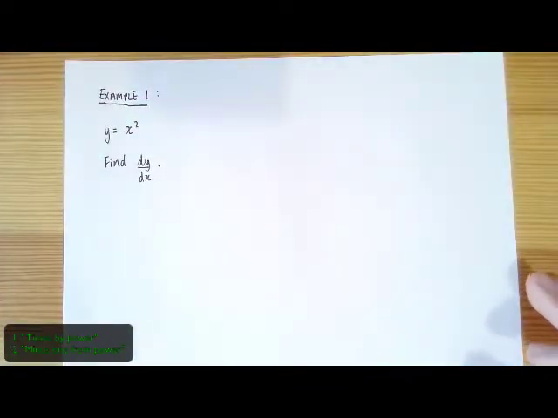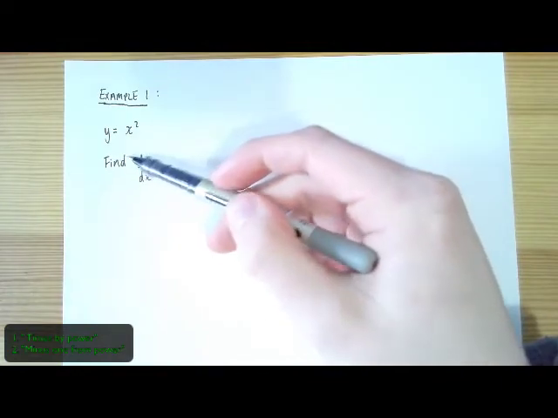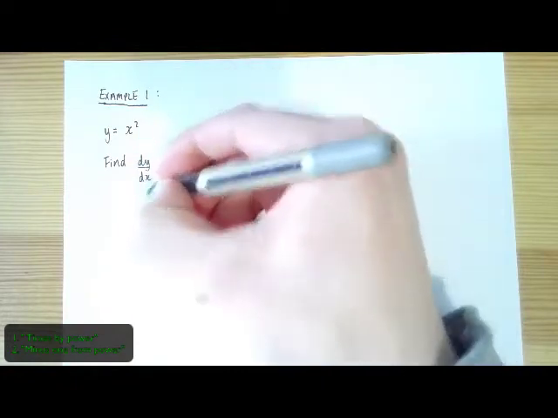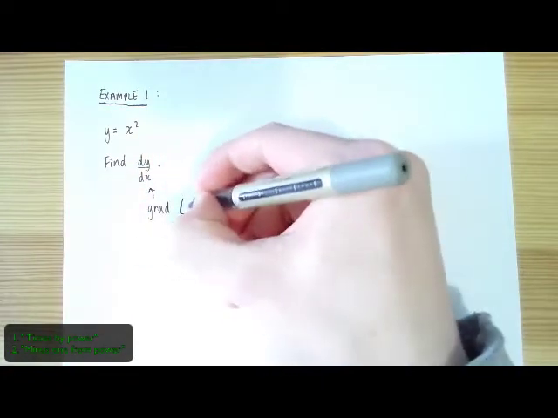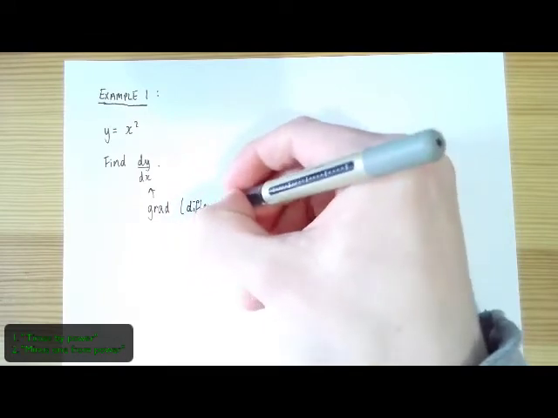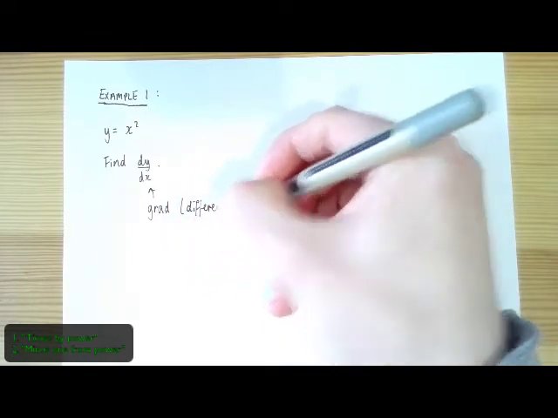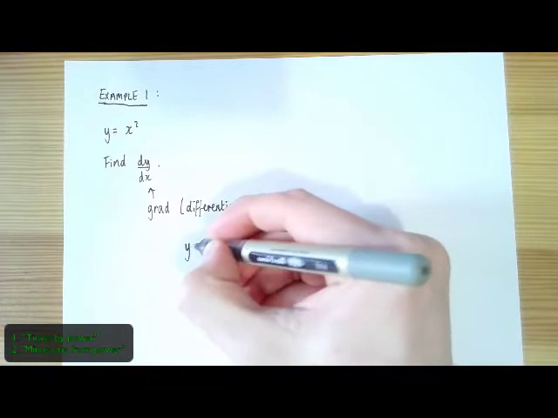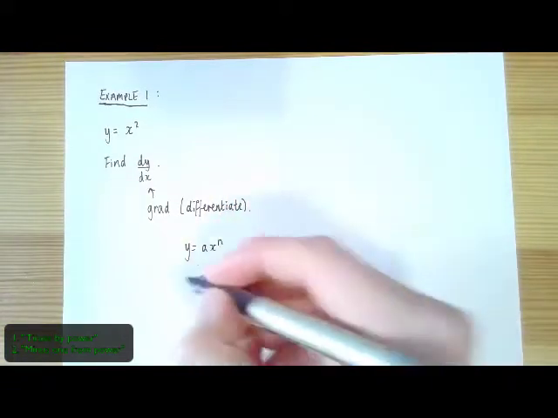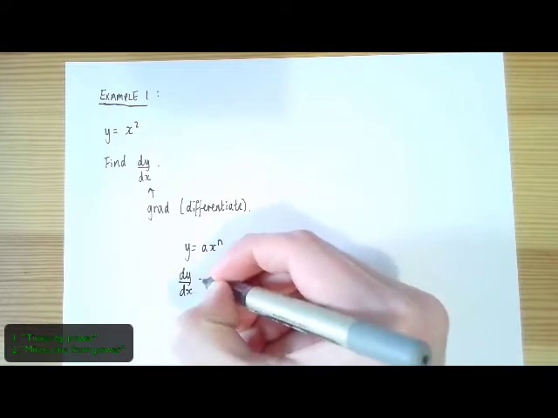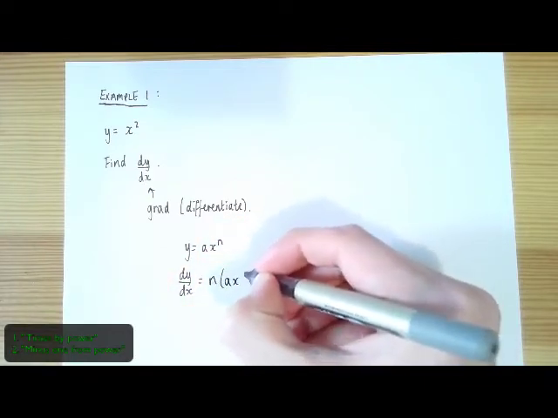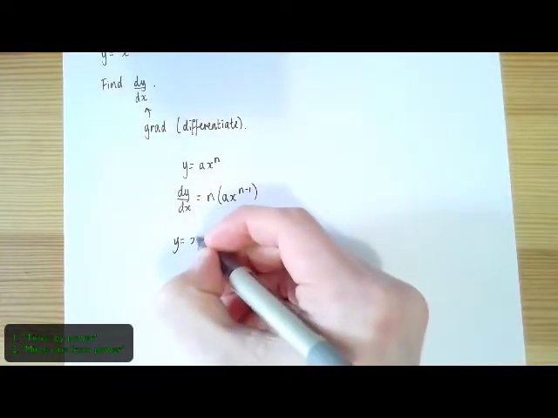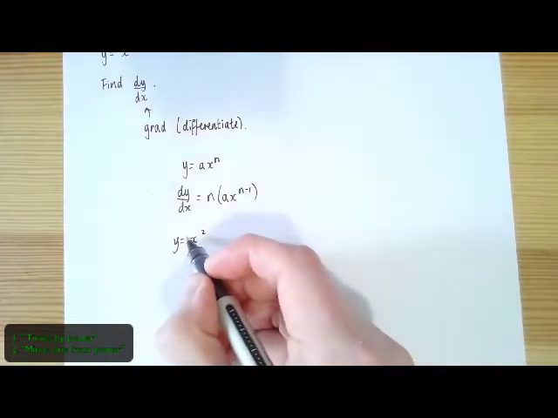So example number 1 says y equals x squared, and we want to find dy on dx. And in terms of dy on dx, that's the gradient. And therefore we need to differentiate. So using our rule of y equals ax to the n, dy on dx, we times and take, so the power is going to come down to the front, and then ax to the n minus 1, because we minus 1 from the power. Here we've got y equals x squared, so the 2 is the n, that's going to